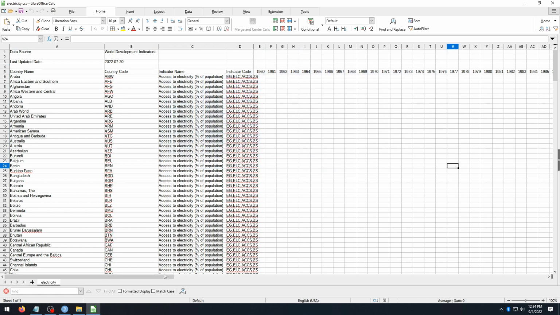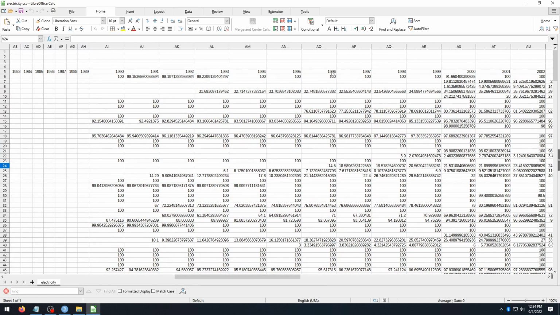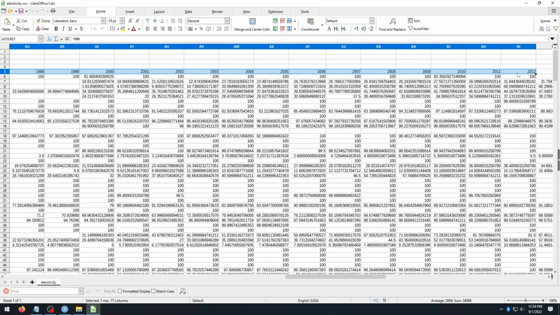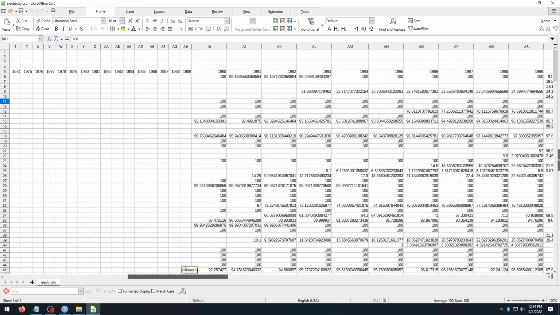This data is in the wide format. So we have a variable as column names. I don't want that. That makes it difficult to do things like plot line charts, and it makes my analysis more cumbersome. So we're going to have to change that. Another thing I kind of note